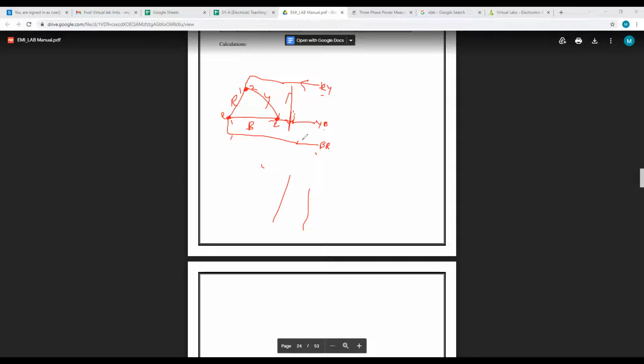So like this, with delta connection loads, only 3 wires will come out. How many wires are there in the output? 3 phase, 3 wire. So that is the delta connection and star connection. You have already studied this in the first year, it was explained. Still I am just repeating it for you people here now.